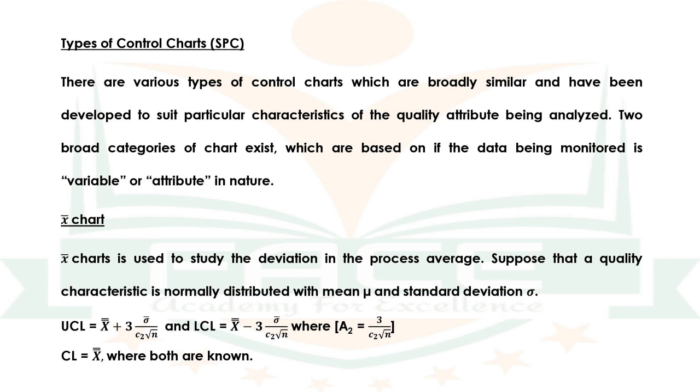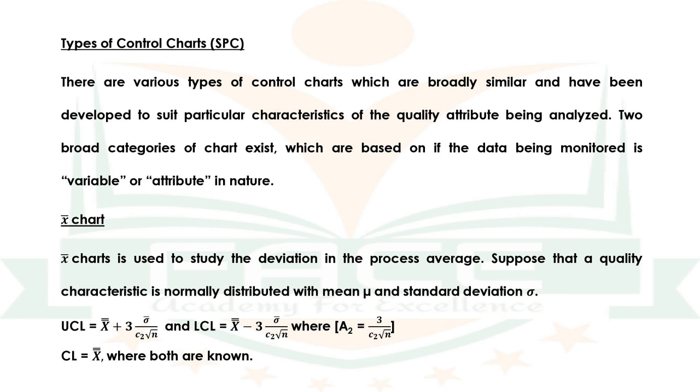The first control chart is the X-bar chart. X-bar chart is used to study the deviation in the process average. Suppose that a quality characteristic is normally distributed with mean mu and standard deviation sigma. Then its UCL, that is the upper control limit, is X bar plus 3 sigma bar by c2 root n, and LCL is equal to X bar minus 3 sigma bar by c2 root n, where